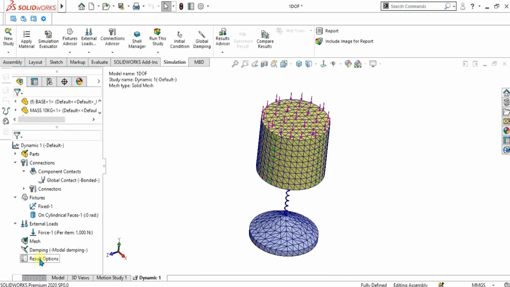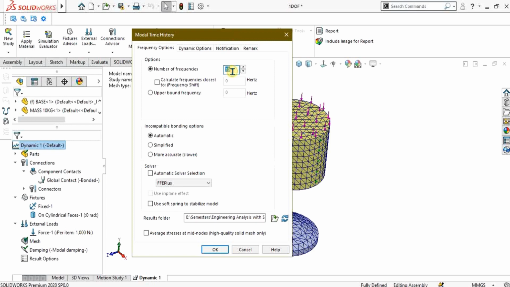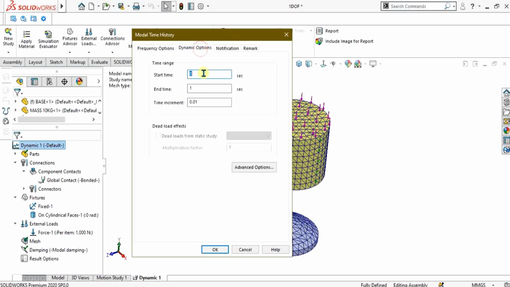Select OK. Now go to properties of the analysis, modal time history analysis, give the number of frequency 1, the starting point 0, the end point of 0.3, and the time increment of 0.001. It means that when you divide 0.3 with 0.001, we get 300 steps. So we are going to solve it in 300 steps.